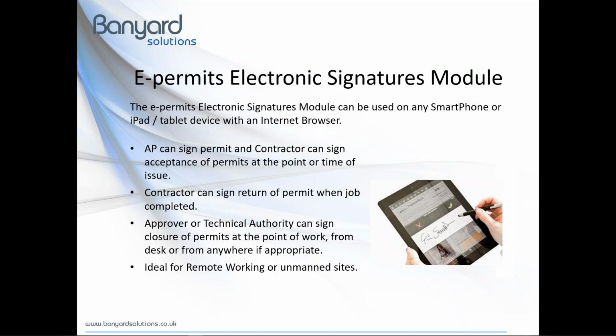There are some limitations within the system for remote working or unmanned sites, in that the issuing individual is the only one that actually has access to the signature pages within ePermits. Very often, contractors that are on site are not actually ePermits users with logins, so they do not have access to the pages to actually sign the documents. So in those situations, what will happen is that the issuer will